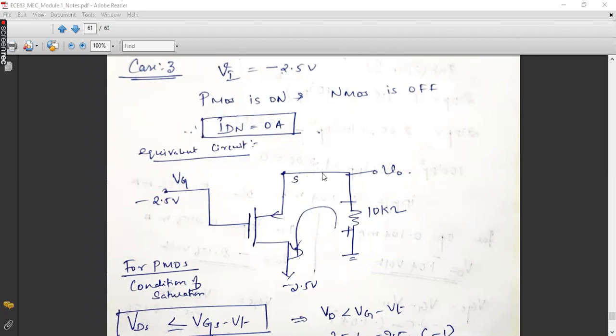So this is anti-clockwise direction. Current flow is anti-clockwise. Why? Because if you consider this loop, here it is 0 volt, here it is negative 2.5. So high to low. In this way only the current will flow in this loop, because of which we are getting a voltage like this, plus minus. So V naught will always be negative as per this case. Output will always be a negative voltage because of this current flow.